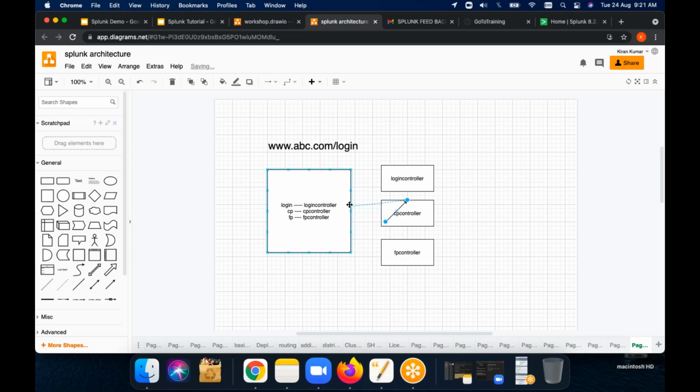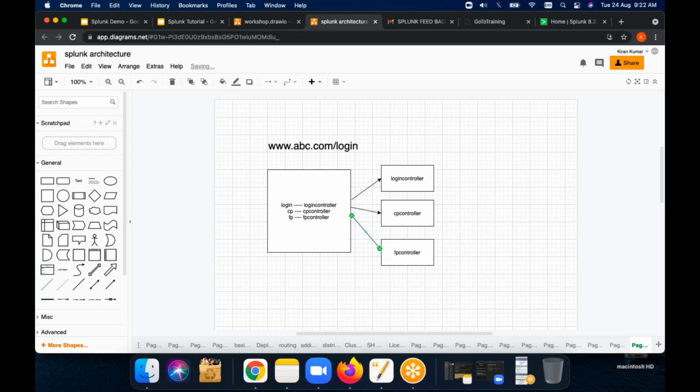So this login token will be routed to the login controller, the CP change password token will be routed to the change password controller, and this forgot password token will be routed to the forgot password controller.